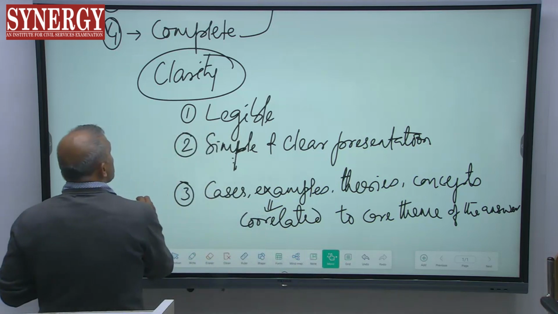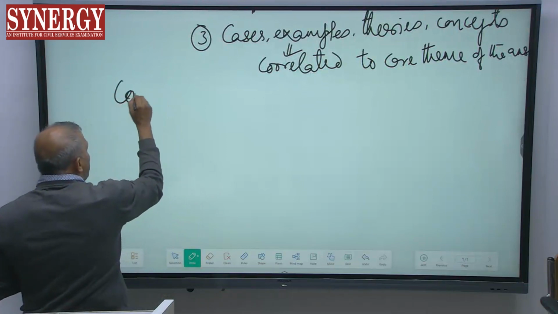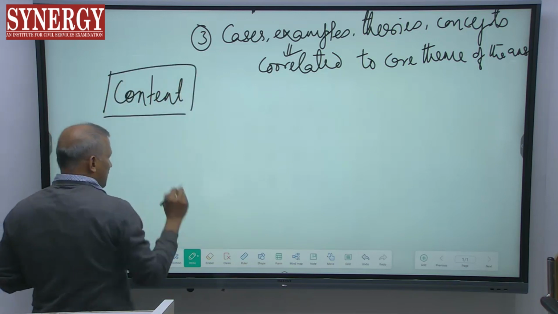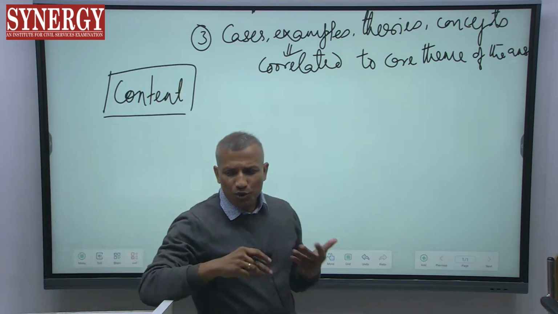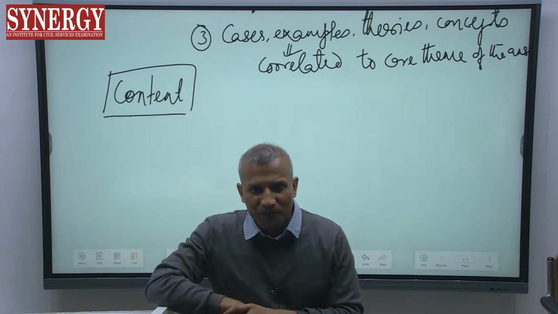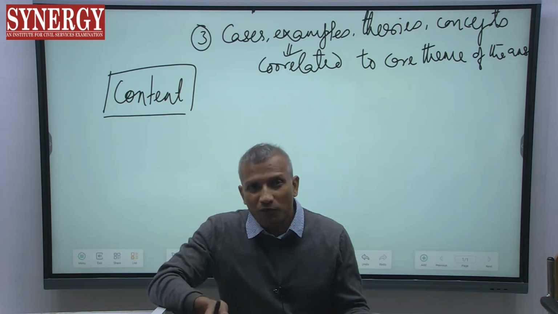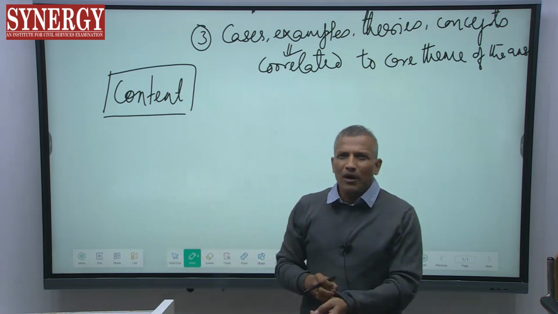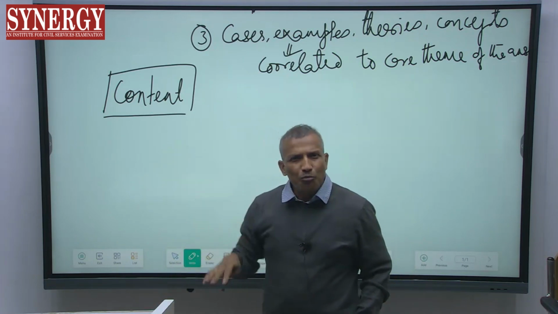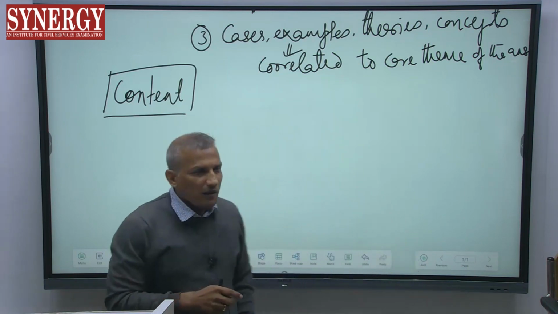These are the three aspects that you have to keep in mind. Now the next part is the content. See, most of the time while writing an answer, we generally focus on only one aspect, content. But this is not what the whole of answer writing is. As I would say, it is only a part of answer writing, where the other important components are clarity, coherence and completeness.